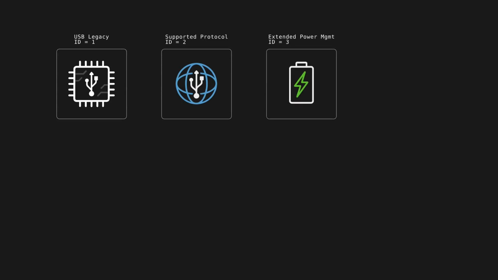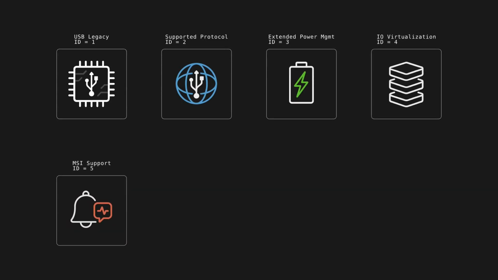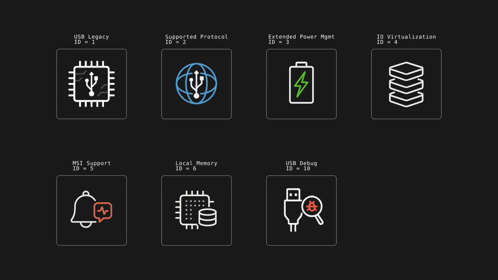In the beginning of the series, we've covered capability registers that report basic hardware and configuration information about the controller. However, there also exist extended capability registers. Here are the most common extended capabilities that can be present in your controller, and are more commonly found on consumer-grade hardware rather than emulated controllers. We might cover a few of these later on, but the one we care about right now is the supported